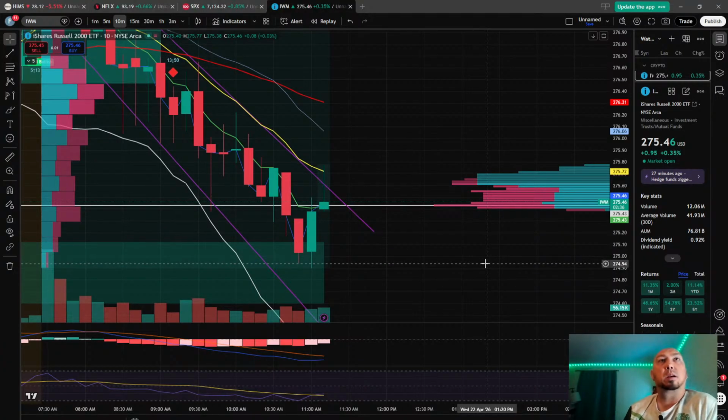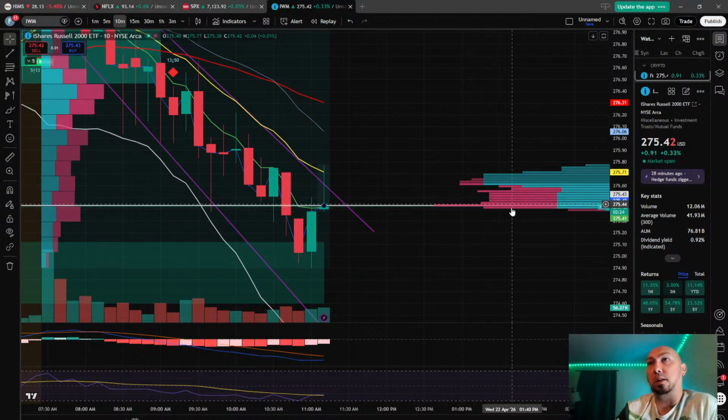So we've got IWM. It broke down off of ORB earlier, and now we're waiting for a confirmation from the bottom. Are we going to go back up, or is it going to fail to continue on the downside? More selling pressure right here just changed. A lot more sales going in.